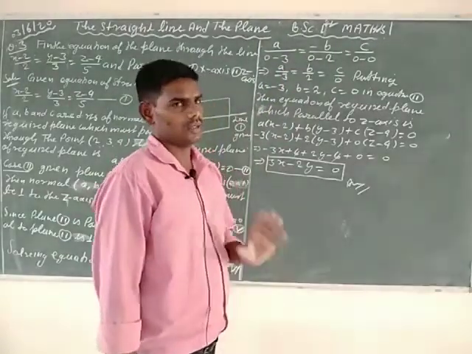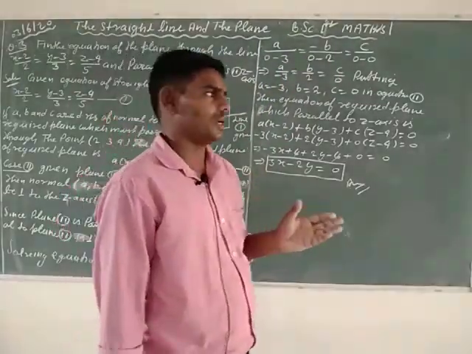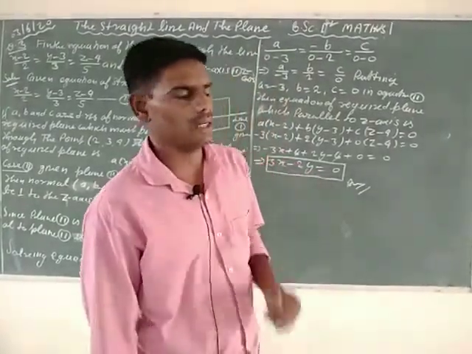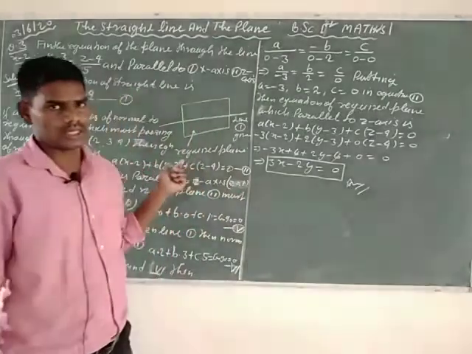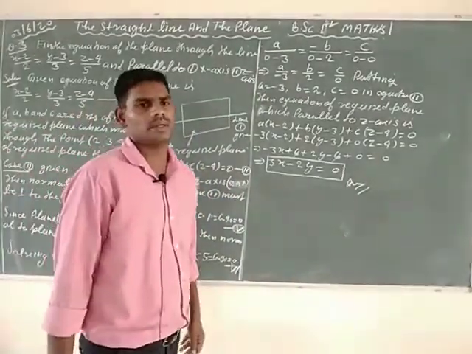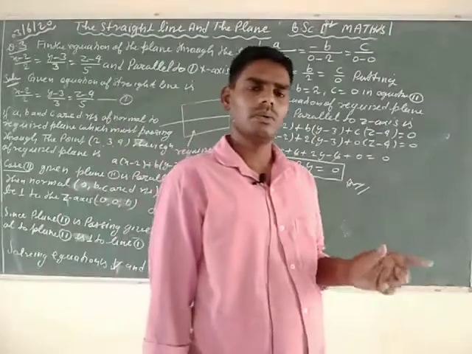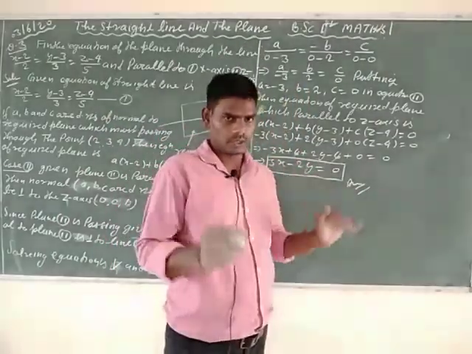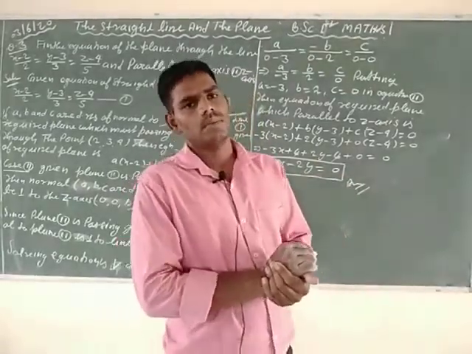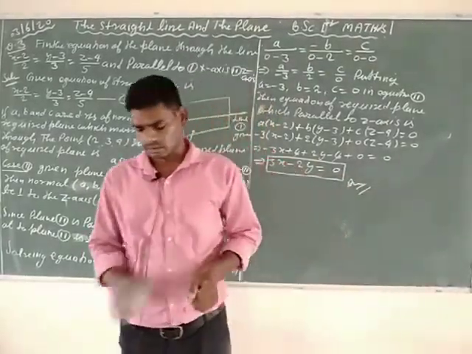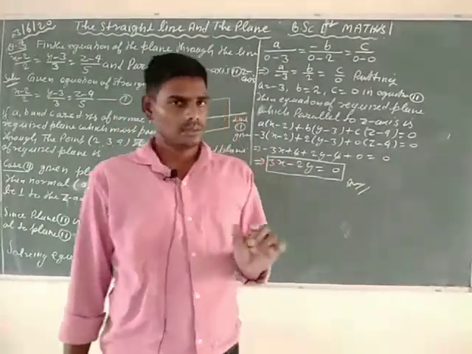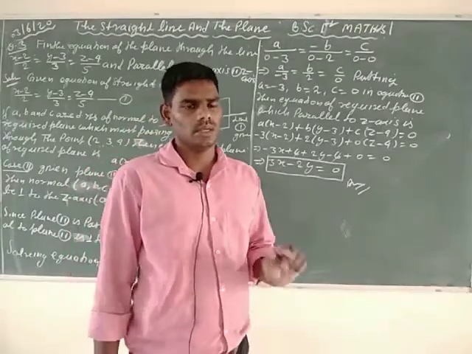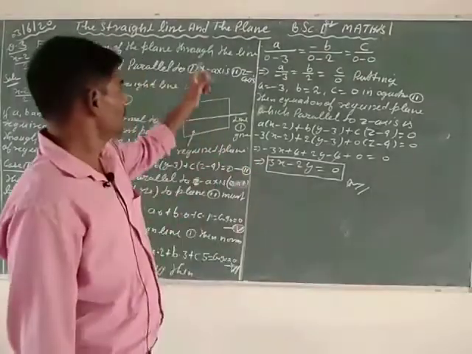When you have found the complete values of small a, b, c, put these values in equation second of your question and simplify that equation. After that you get the complete equation, which is the plane equation, and you write the equation of the required plane, meaning the equation of the plane asked in the question.